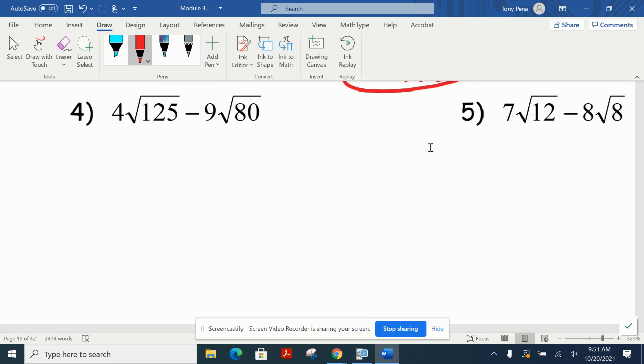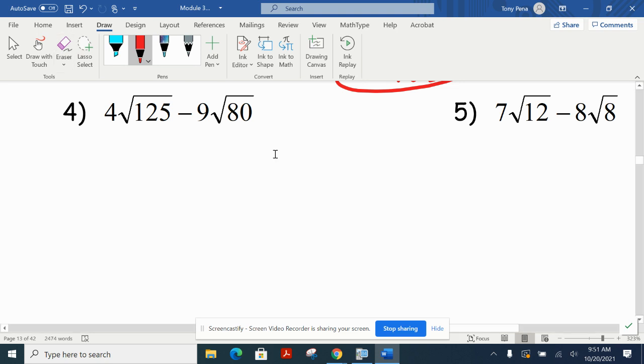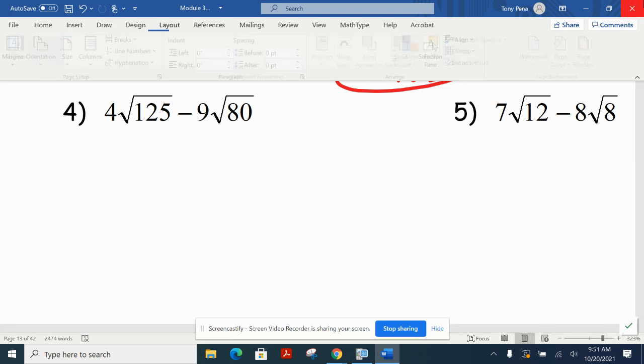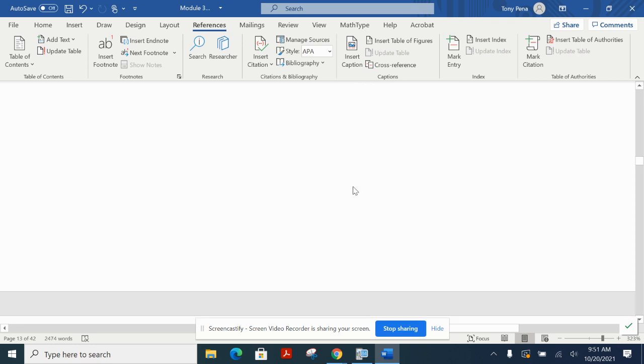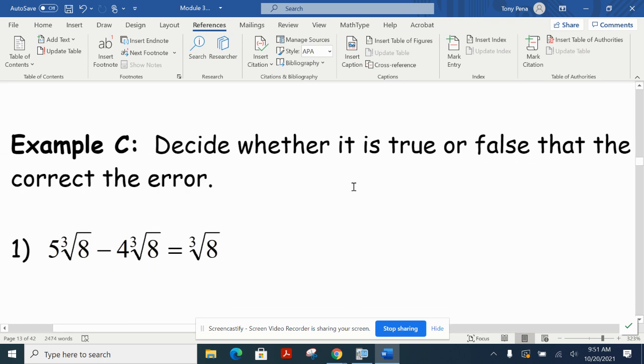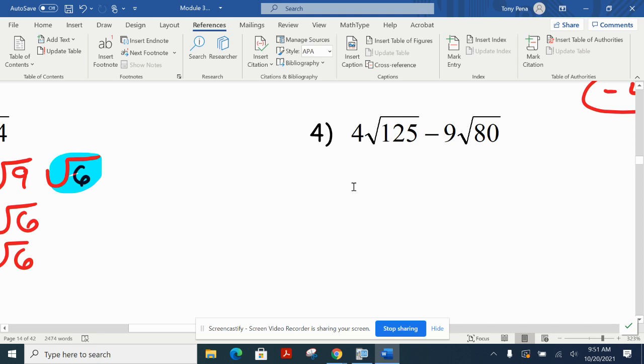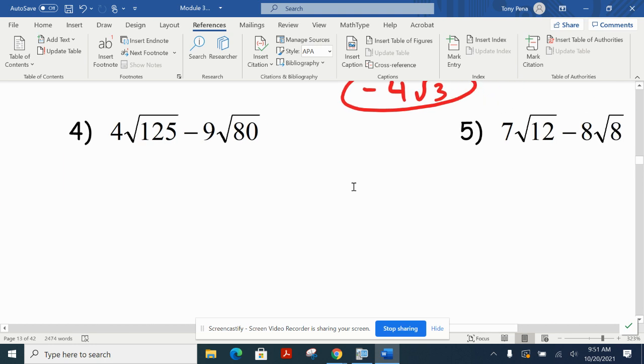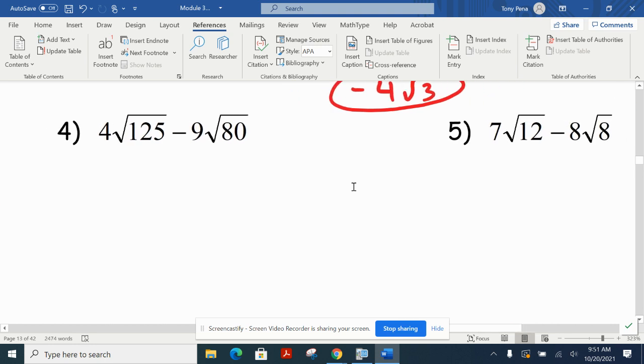4 and 5. Try both of those. We're going to kind of circulate and see where we're at. It's not much different than yesterday, what you did. You're just doing 2 of them in 1. And then if they end up being the same, we're going to add them. So try to knock out 4 and 5. And then we'll do a cubed root on the next page. So last 2 square roots. If you have a question,